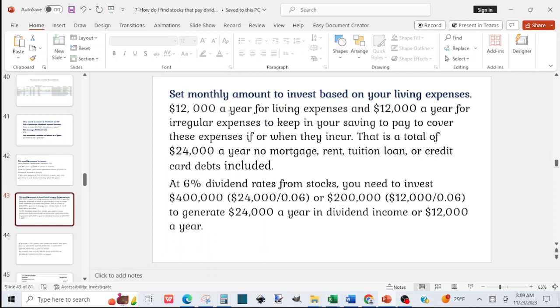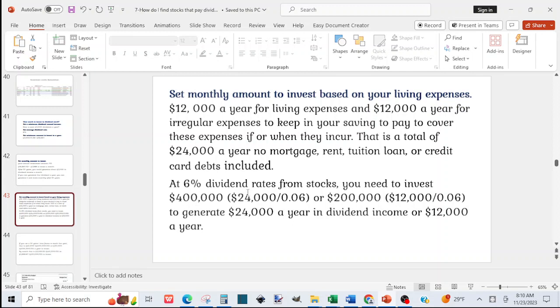So you set a monthly amount to invest based on your living expenses. If you want to generate dividend income to cover your living expenses, you can use your living expenses as the starting point. Like, how much should I invest to make my living expenses as income through dividends? And here we use $12,000 a year and back into it just like we did before, to find that you'll need to have $400,000 invested